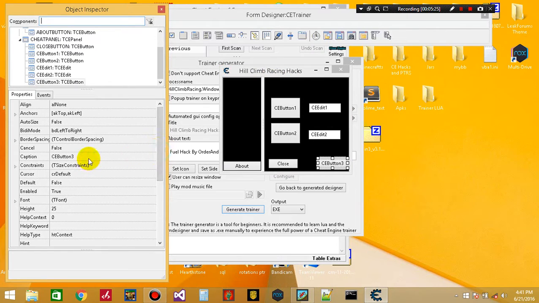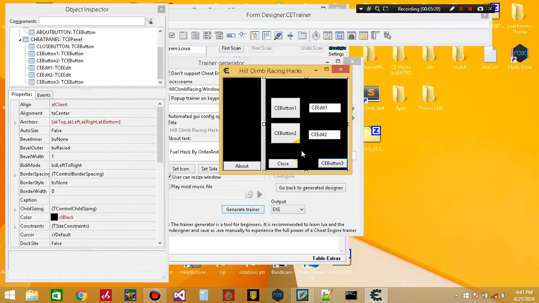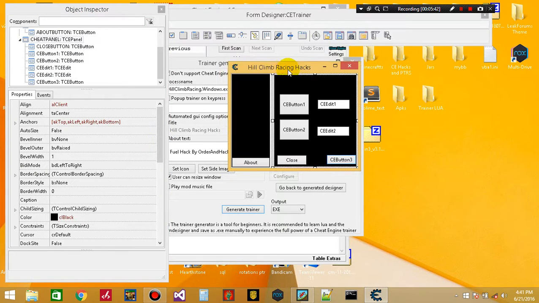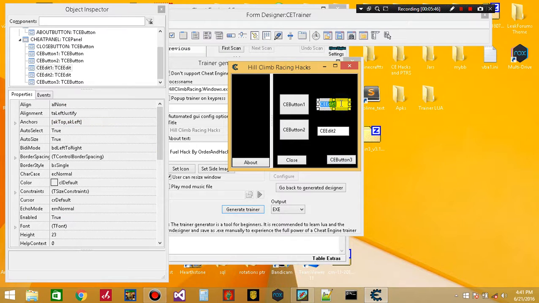This third button is going to be our coins reset button. What this will do is reset the coins value if they go negative. On Hill Climb Racing, they have an anti-cheat. The anti-cheat will put the coins negative if you add too many. So I'll just put that on there so you can totally reset your coins back to 0 if you do